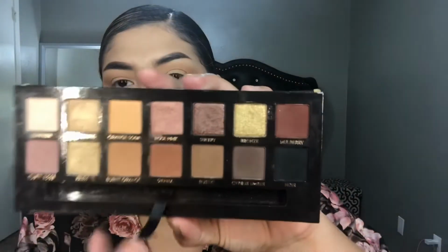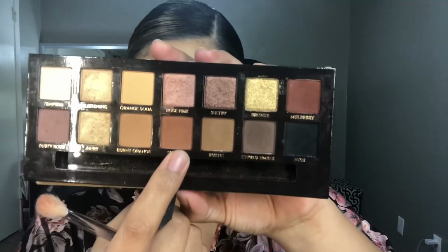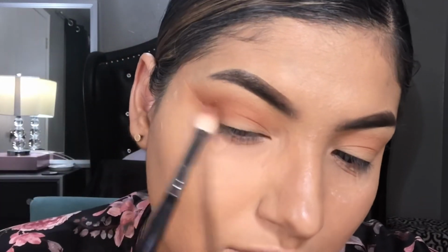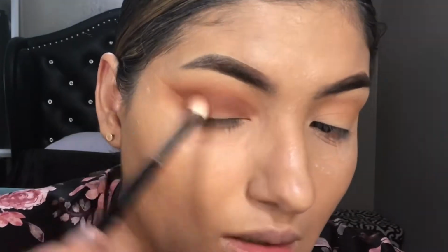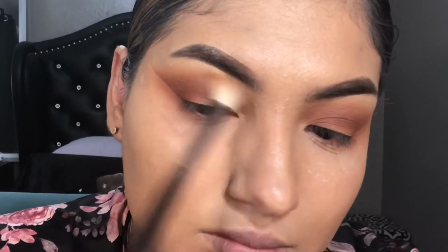And then I'm going to go in with this shade called Sienna. And this one, I'm going to keep buffing it in right below the transition shade and above the crease, right out in the middle, and just keep buffing it in until the color that you like. So I like this dark brown rich color, and I'm gonna go back in with orange soda and burnt orange